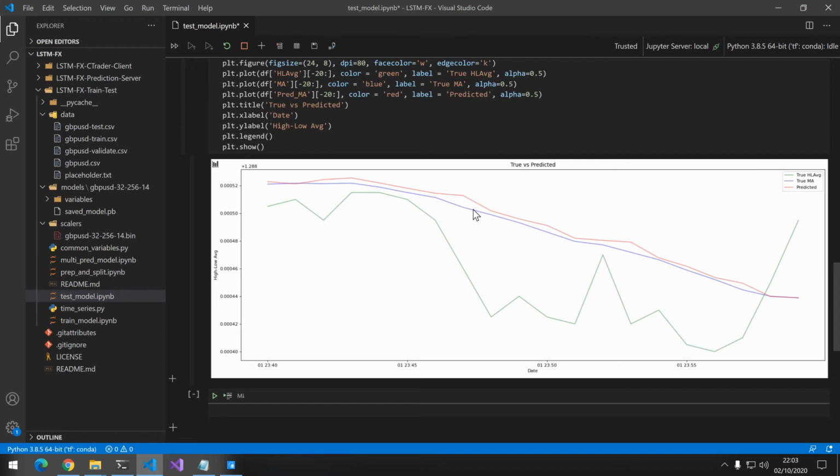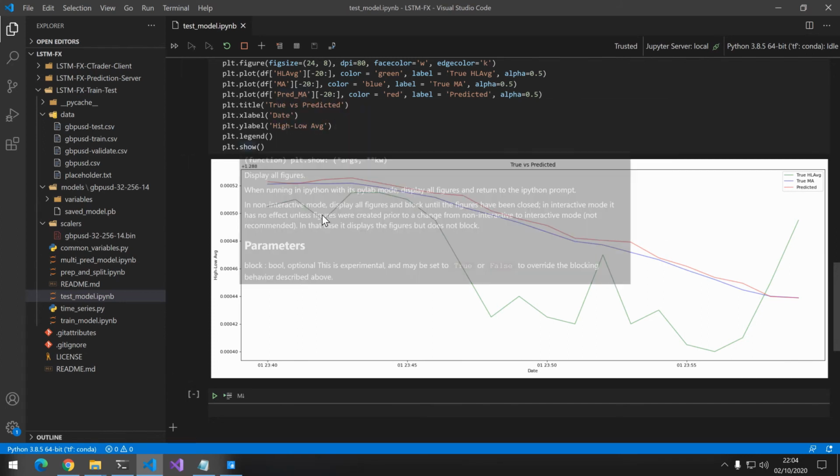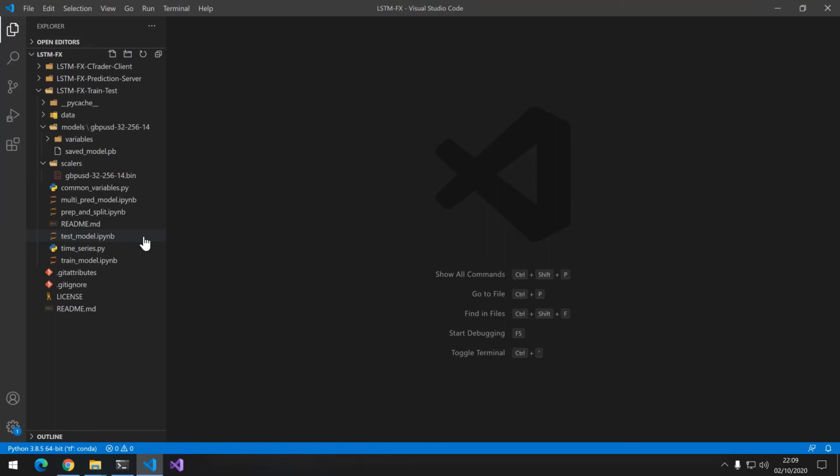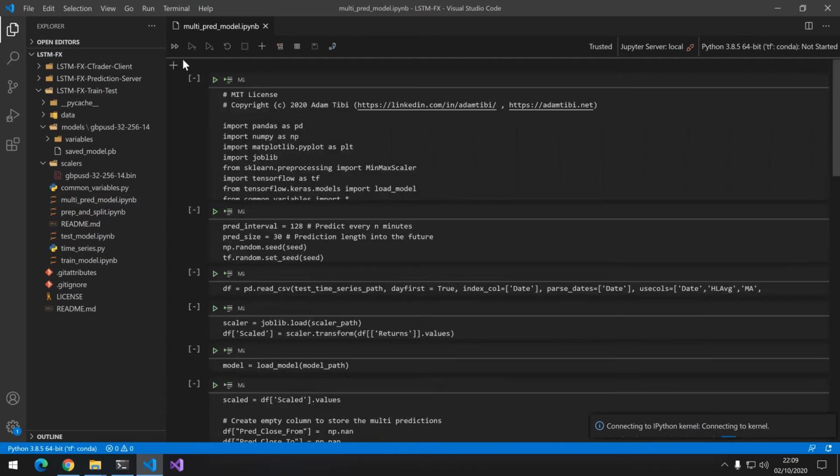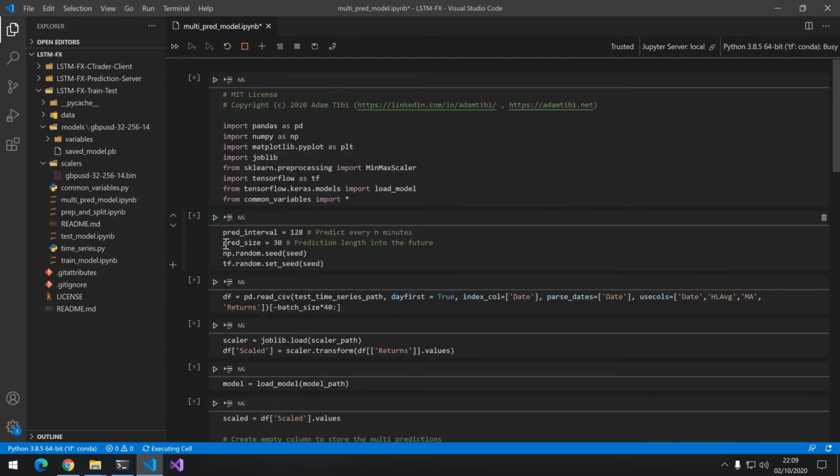Now this is not very impressive because we're only predicting 1 minute forward, and on every prediction we are looking at the real time and predicting 1 minute. The more realistic one and the one we're going to rely on in our trading is not this one. I'm going to close it. A more realistic way to predict is to use a multi-prediction model. So in this model, you could do multi-step forward predictions.